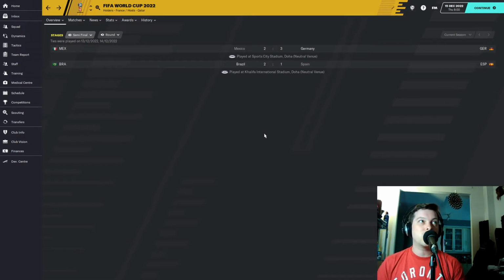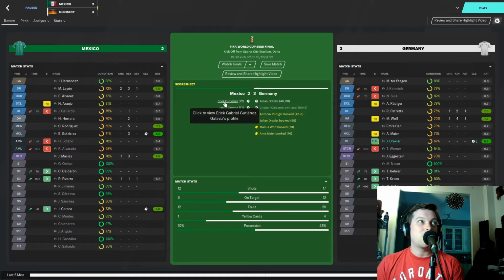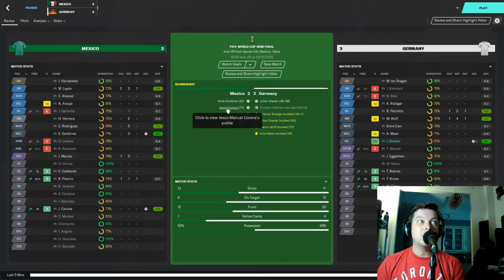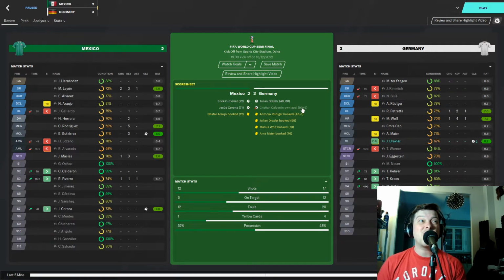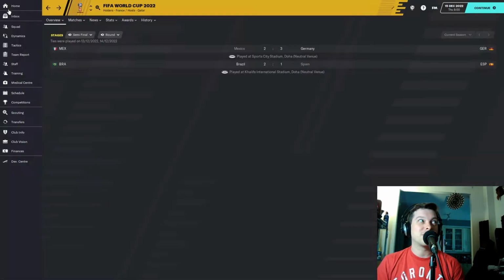All right, then in the semifinals, Mexico versus Germany. 3-2 victory for Germany. And this one, another comeback victory. Mexico went up 1-0 in 22 minutes. Then Germany stormed back, 2 goals from Julian Draxler, and Mexico equalized on 71 minutes, making it 2-2. But then Christian Calderon on 96 minutes, a shot, I think it was a cross. It took a deflection off the defender and into the goal, literally the last second to eliminate Mexico. Tragic for the Mexicans. But Germany qualified for the World Cup final with that victory.